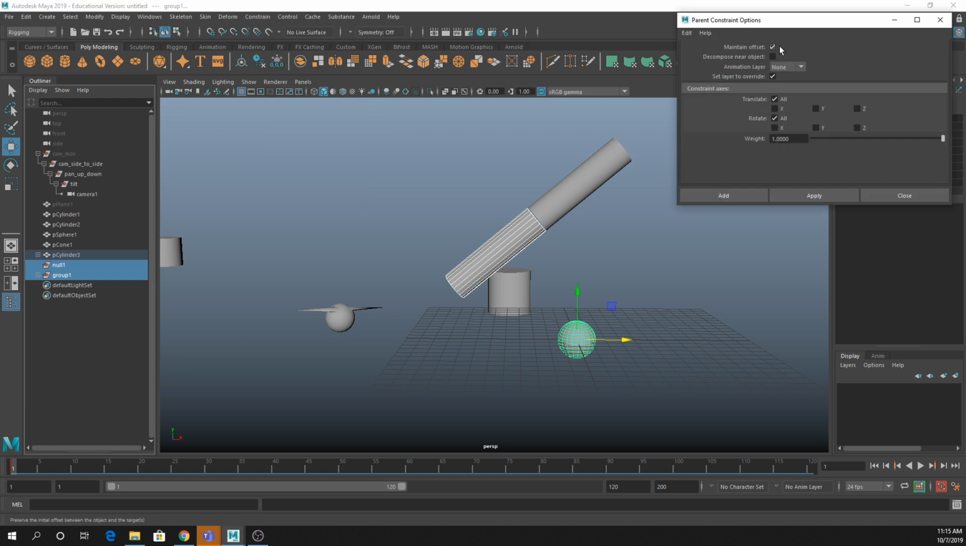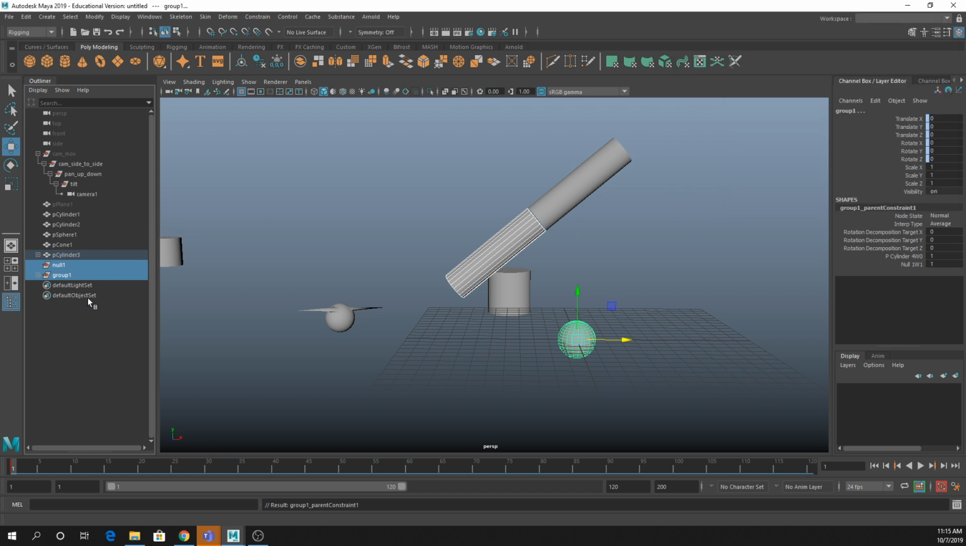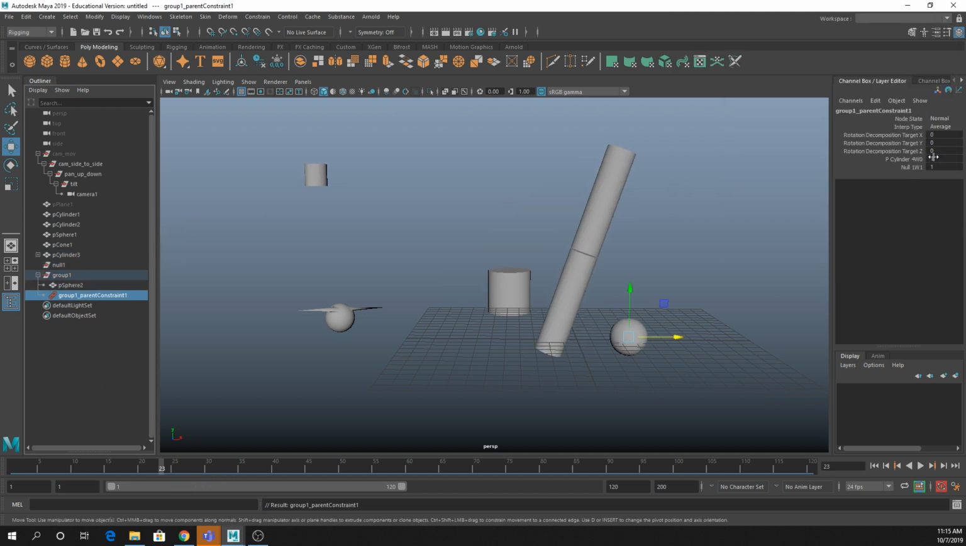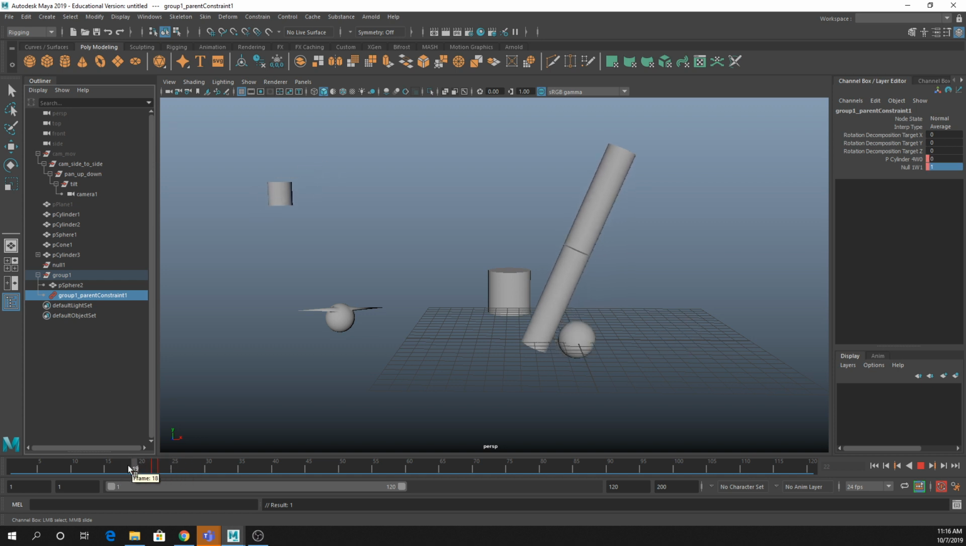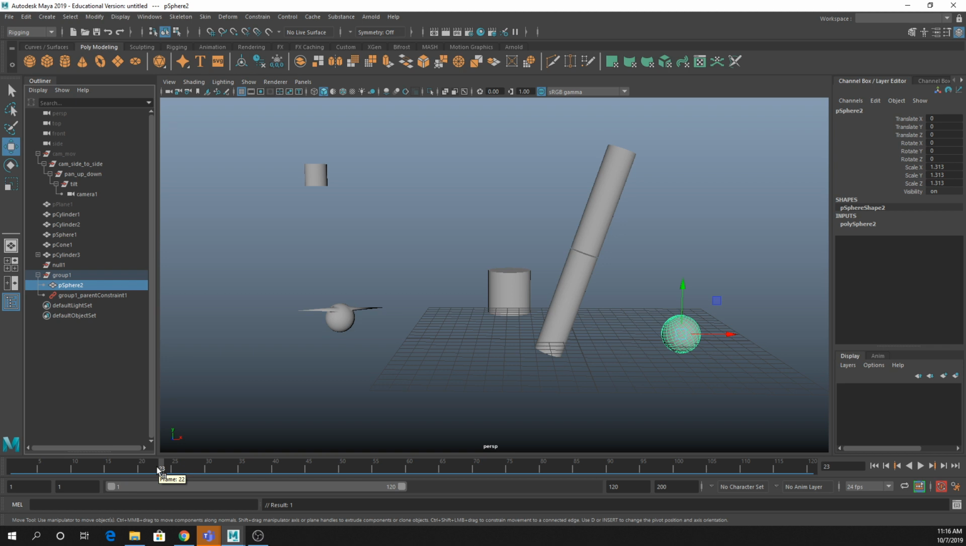And you can do maintain offset or not. They're both going to, in this case, have a little bit of weird snapping happening. And I'm just going to apply that. And then once again, go through on frame 23 and keyframe the constraint. Great. So now what we have is pretty much what we had last time. The difference here is that we can now at least control the